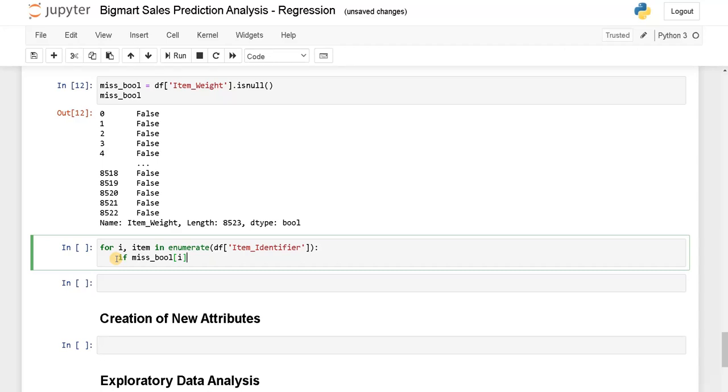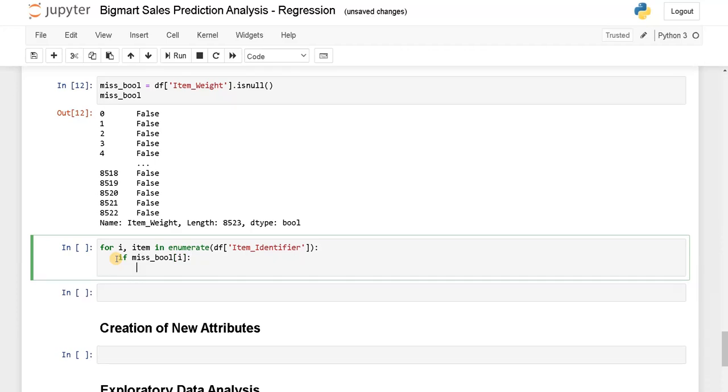If it is true, we will go to the condition. We need to fill the missing values of item weight. So df of item weight of i, that represents the corresponding row, item weight mean dot loc of that item. This item represents the item identifier.